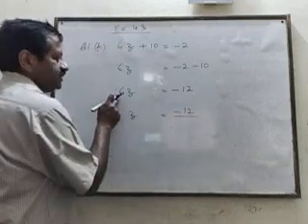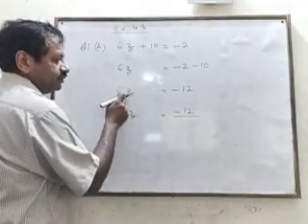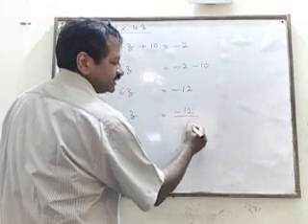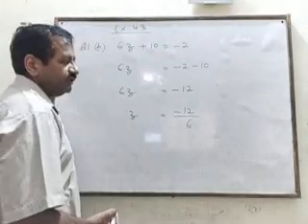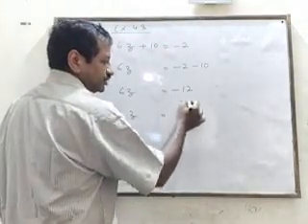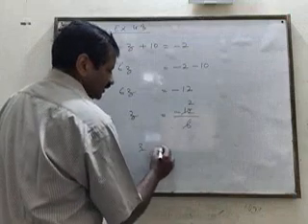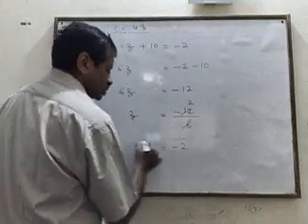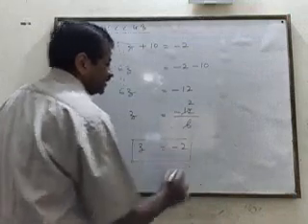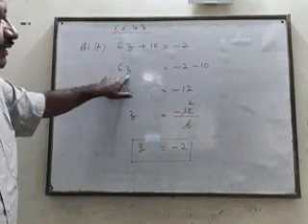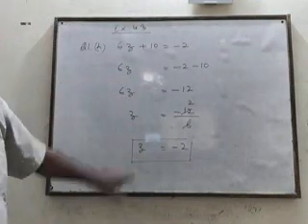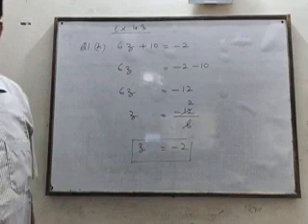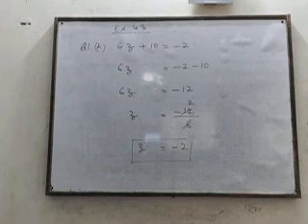Now this 6 is multiplying with z, so it will go in the division as it is. 6 in the division. 6 1 ja 6, 6 2 ja 12. So z equal to minus 2. Again, remember this thing, we used to write small alphabets in algebra. Now come to question number 2.